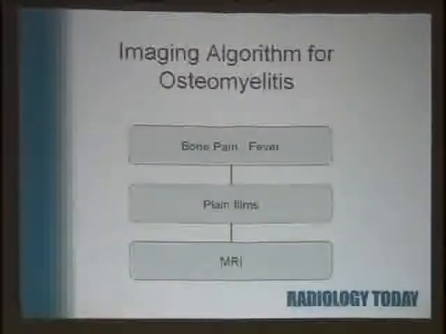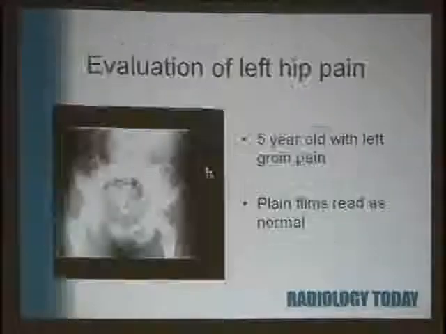So from this paper, they ended up with this algorithm, which I think is really right, and it's a big departure from when I was a resident. If you have bone pain and fever, get plain films, and then move on to an MRI. So the bone scan is becoming less pertinent. Unless, for me, it's still important if somebody's got an FUO and you just cannot figure out what's going on, and you need a big global look in somebody,